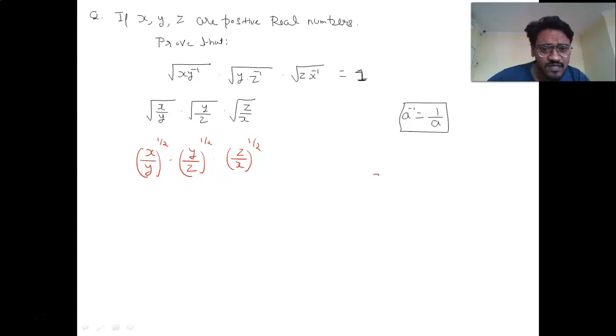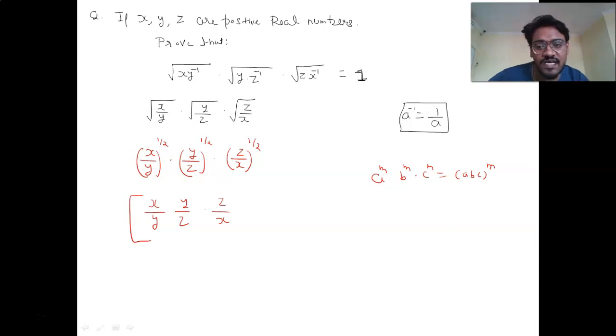Now see, when I separated these powers, you know this law, a to the power m into b to the power m. Here there are 3, so let me take one more. Can it be written as (abc) whole raised to the power m? We have read in laws of exponents that the exponent is the same in all. So we take their product, and put the power half on the whole. I generalized the case of 2 to 3. See, the power is 1/2.